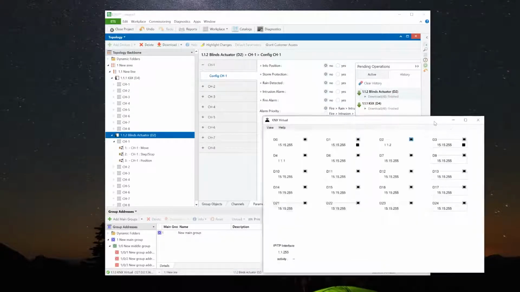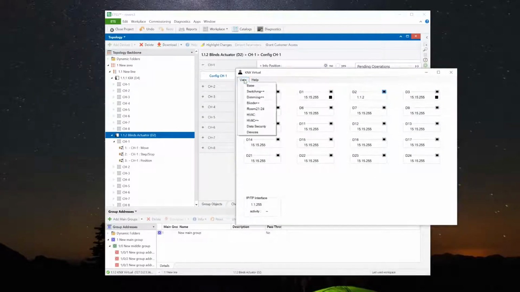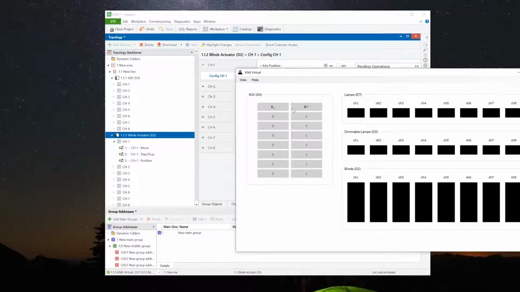I'll leave ETS there for a moment. I should be able to go back into this base view, and when I go minus, we can see the blind stepping down. And if I hold this, a long press, this keeps it moving until I click it again, and then it stops once more. Click it once, click it twice, it just moves it down. This one steps up, or if I hold it,